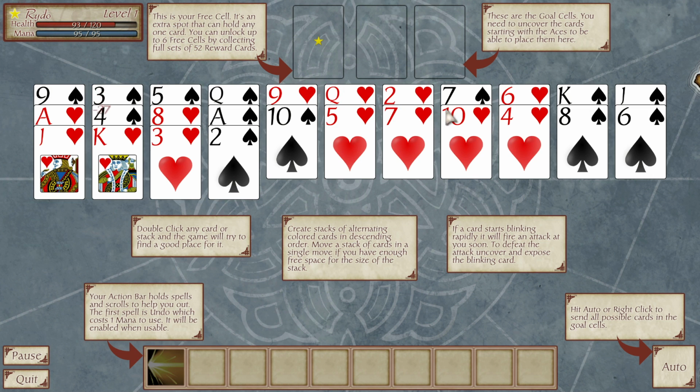Oh, I just took a hit. Ooh. These are your goal cells. You need to uncover the cards starting with the ace to be able to place them here. Interesting. So here we can see it's hovering and telling us what to do. Double click any card or stack, and the game will try to find a good place for it. Create stacks of alternating color. If a card starts blinking rapidly, it will fire an attack at you as soon as it's...